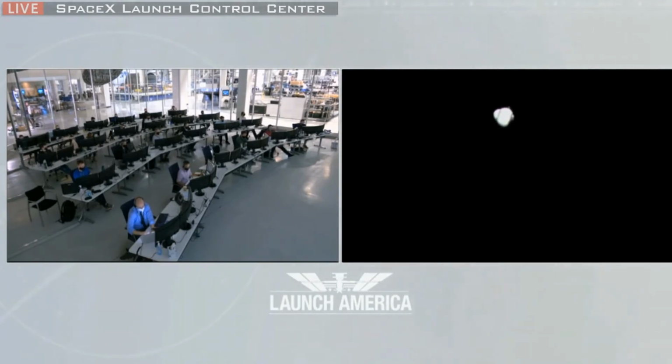All right, so Dragon really starting to come into view. Right now we're just about 10.7 kilometers away, 6.7 miles. And we should be just about 15 minutes away from the start of this approach initiation burn. We are waiting to hear confirmation the crew is getting through their suit up steps. But moving closer to this approach initiation burn, it's going to be